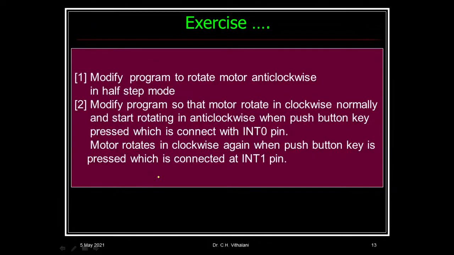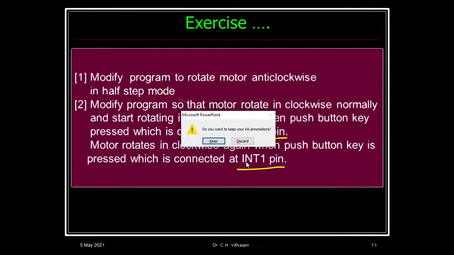Then one more exercise that I am going to show you now is that you have to modify this program in such a way that the motor should rotate clockwise normally, right, and anti-clockwise whenever the interrupt occurs, right? So now we have two interrupt pins, interrupt 0 and interrupt 1. You can configure interrupt 0 for clockwise, interrupt 1 for anti-clockwise, or vice versa, whatever you want to do. But ultimately, whenever one interrupt comes, the motor should rotate clockwise. When another interrupt comes, the motor should rotate anti-clockwise. I will show you that program here and also simulate it here.